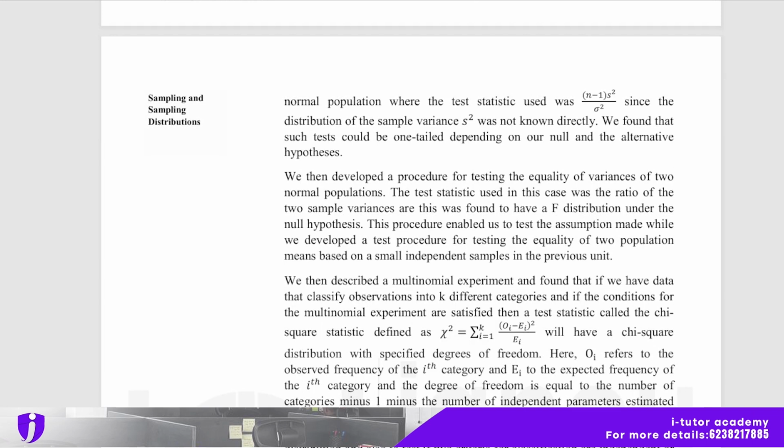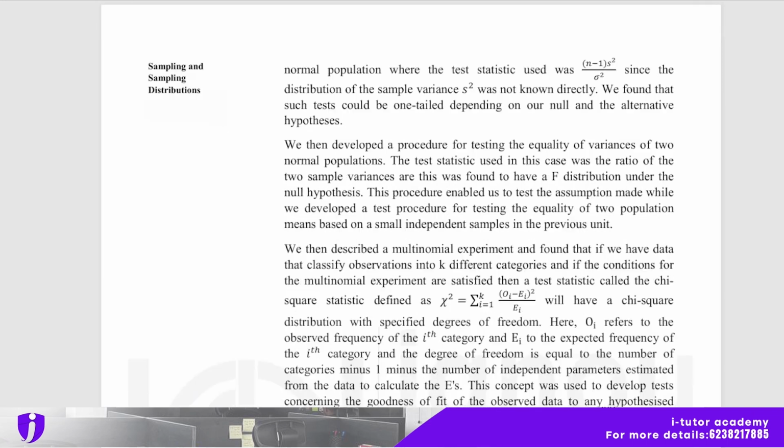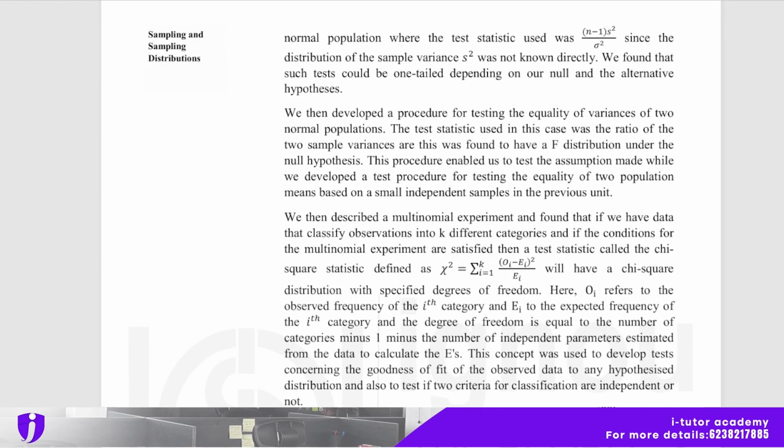The test statistic used in this case was the ratio of the two sample variances, which was found to have an F distribution under the null hypothesis, and this procedure enabled us to test the assumption made while we developed a test procedure for testing the equality of two population means based on small independent samples in the previous unit. We then described a multinomial experiment and found that if we have data that classify observations into k different categories,